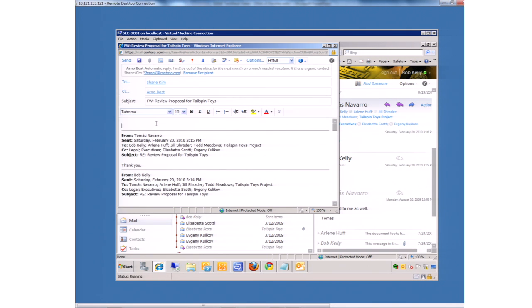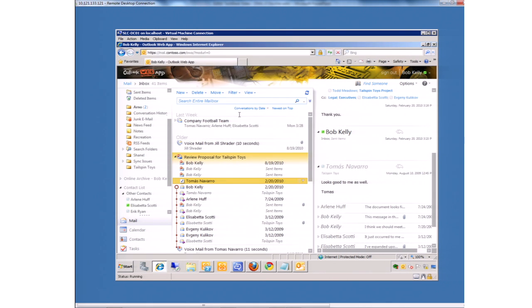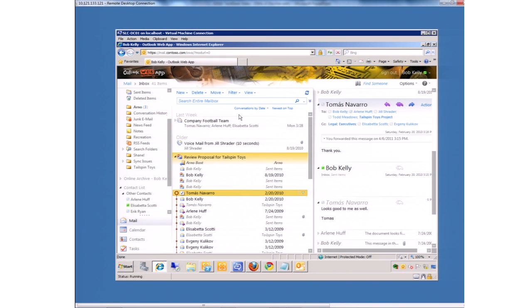And the mail tip popped up again, as it should. And there you go. So he sent that off. Now, we've looked at an example of a mail tip for an out-of-office reply, but mail tips can be used